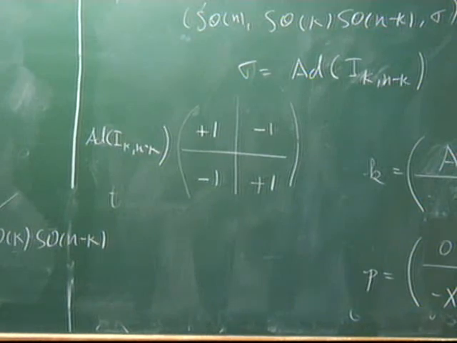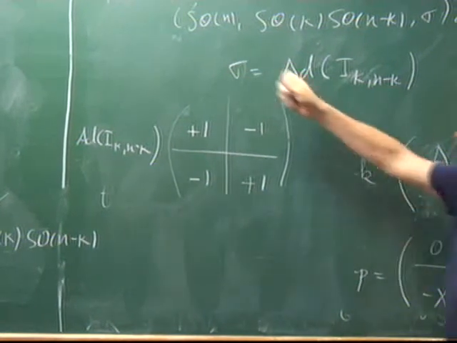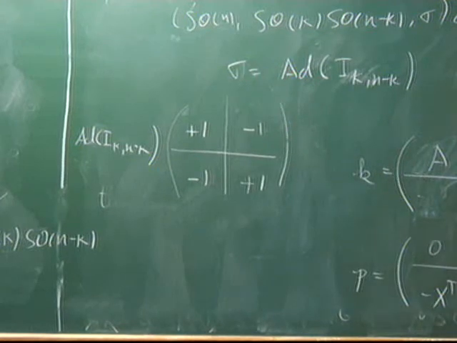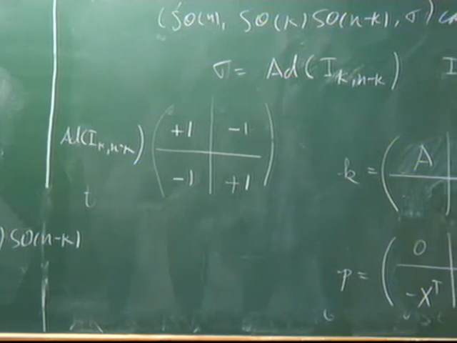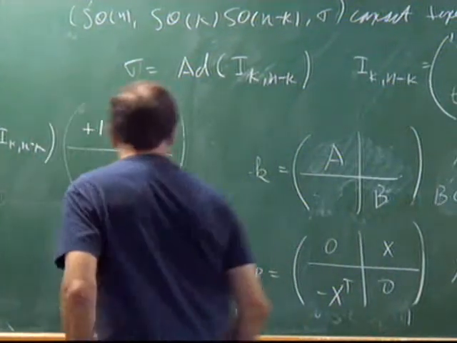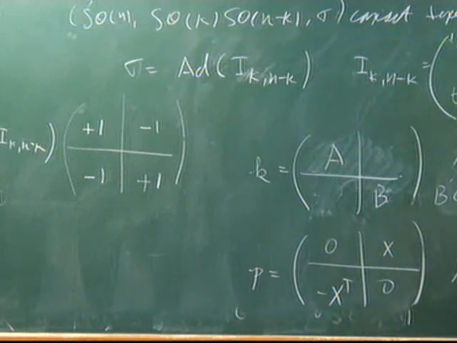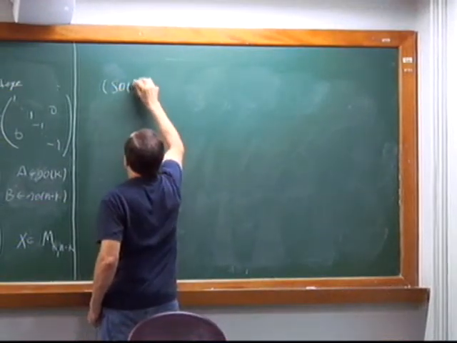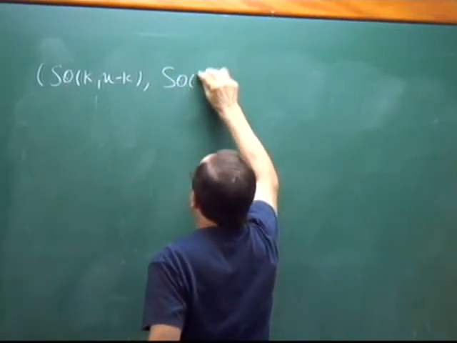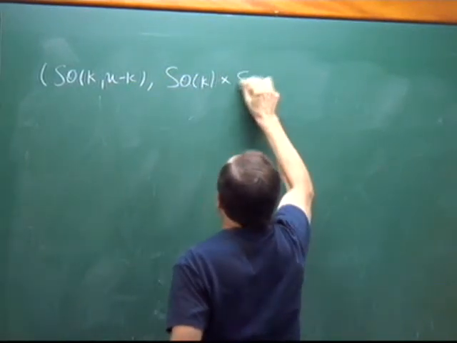By the way, we now proved that SO(n) is the identity component isomorphic to the Grassmannian, right? That's what we proved today. A non-trivial fact. So what is the dual? It doesn't quite work on the dual. So if I take this pair SO(k, n minus k), SO(k) cross SO(n minus k),